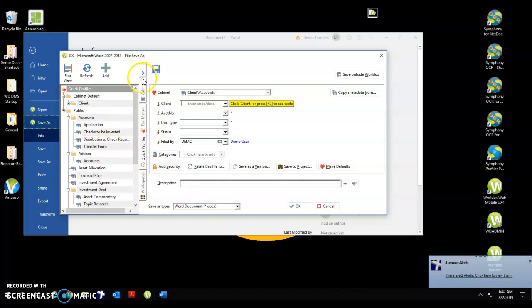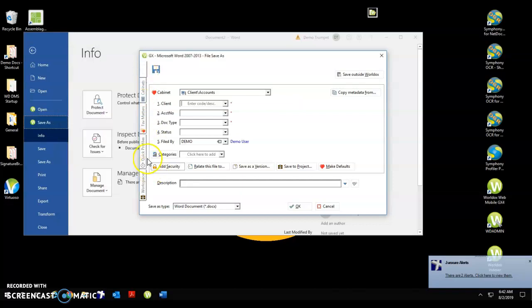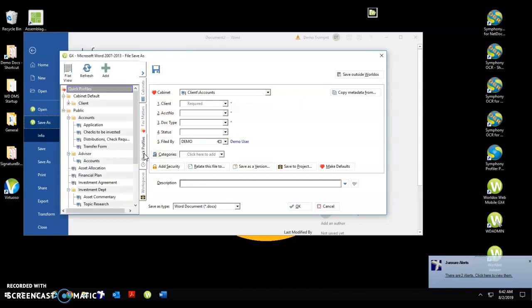If you do not see this tab, like this, you can select the Quick Profile tab. If you like using Quick Profile tabs, you can right-click on that tab and make it your default. Now I can use a Quick Profile template. They're listed here on the left. I'm saving an account application, so I'm simply going to double-click on the account application quick profile template. Notice how that fills in a large portion of my